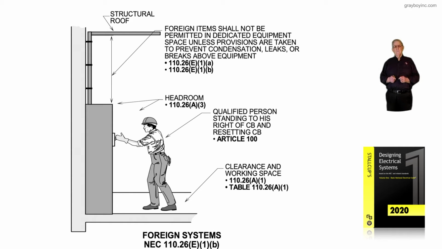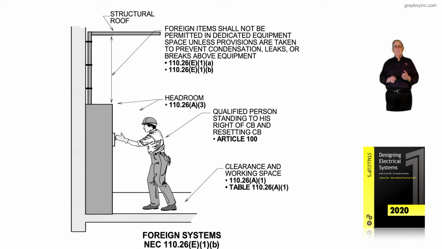Now, this illustration again talks about foreign systems in accordance with NEC 110.26(E)(1)(b). Now, notice the structural roof and the 6-foot rule right above the equipment. Notice the callout is the foreign system should not be permitted in this dedicated space unless provisions are taken